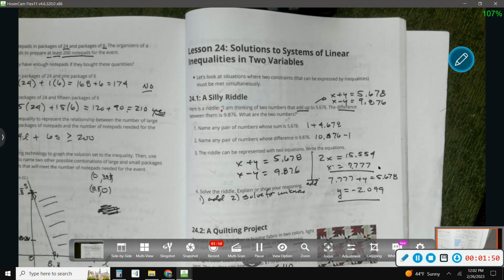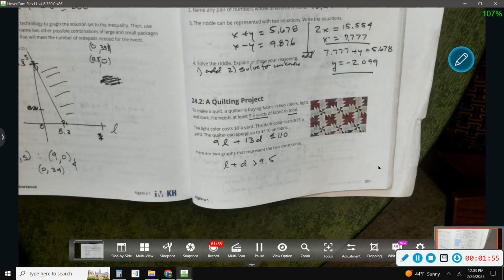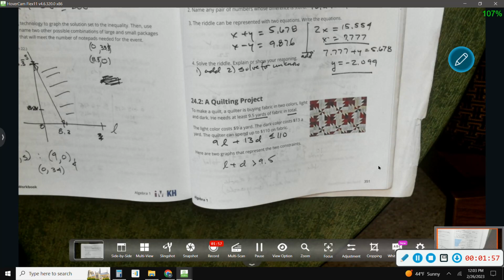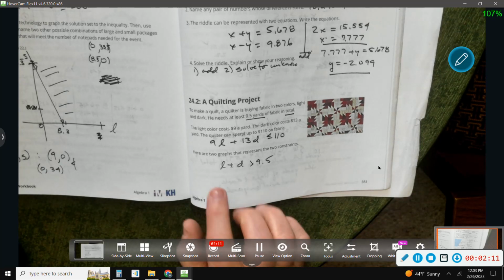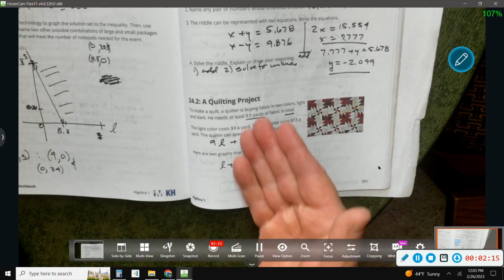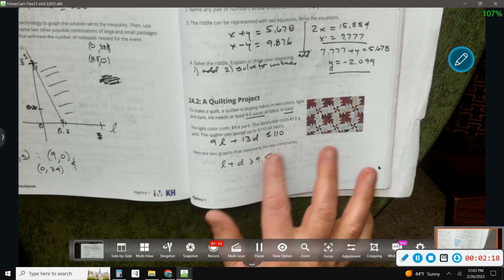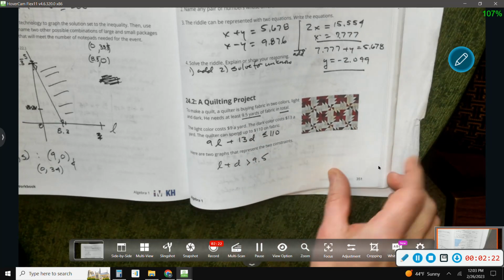Okay? So they start out with the quilting project, this next one. They say they need at least 9.5 yards total. And the light color costs $9 a yard. The dark costs $13 a yard. But they don't want to spend more than $110 on this. So they want you to come up with an equation for this, and there are two large graphs that represent the two constraints. They don't want you to do any work here. I just wrote it here because it was really convenient for what I was working with. And then you go to the next page,